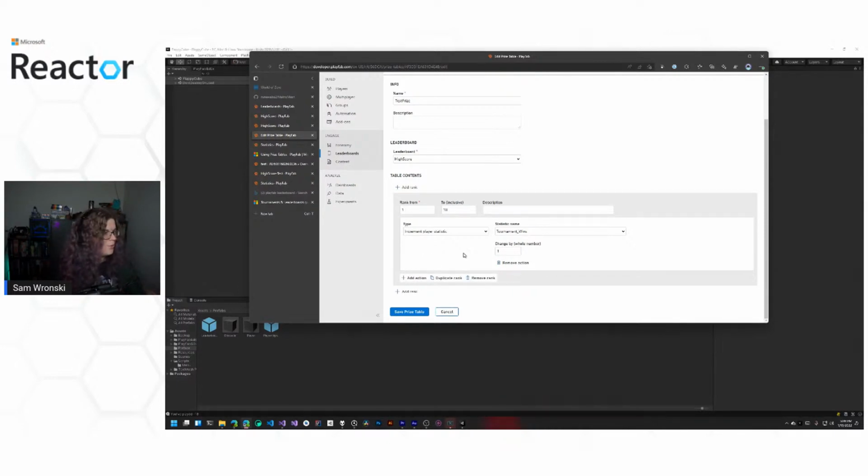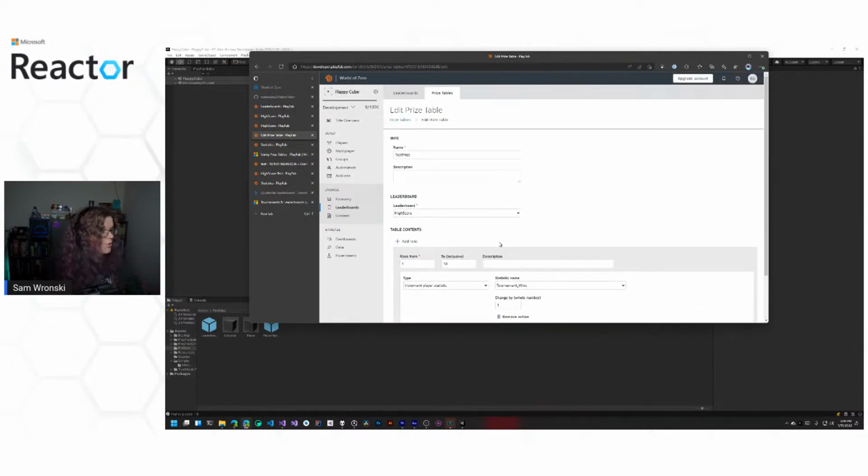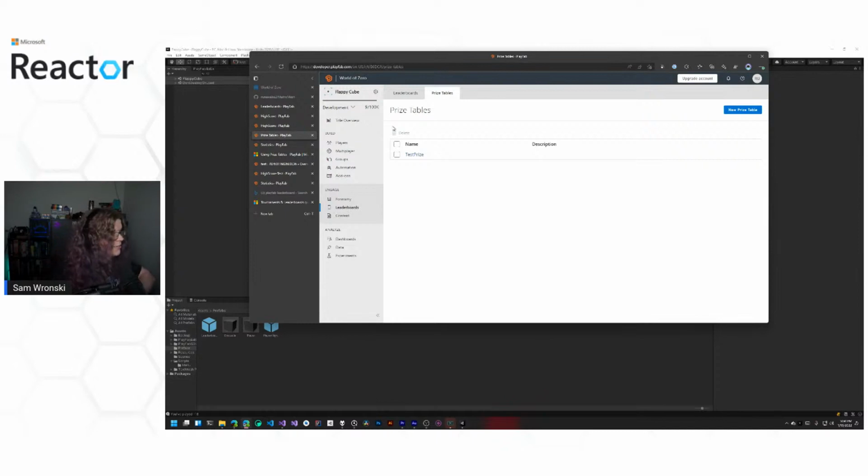I think typically you would probably have this on like a weekly schedule, an automatic schedule. Or if you're doing like a big patch release, for example, and you want to reset scores and pass out rewards for the people who had most playtime or something, this gives you a way to do that. If you want to provide those kind of rewards, again, it's just statistics. So it's just based off of your key value pair. You can trigger actions basically. So it's sort of if this, then do this. And in this case, we're triggering things off of game events.